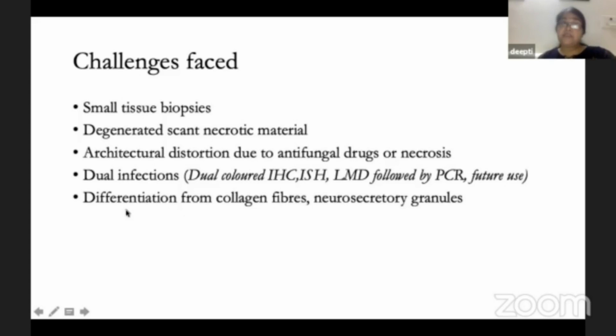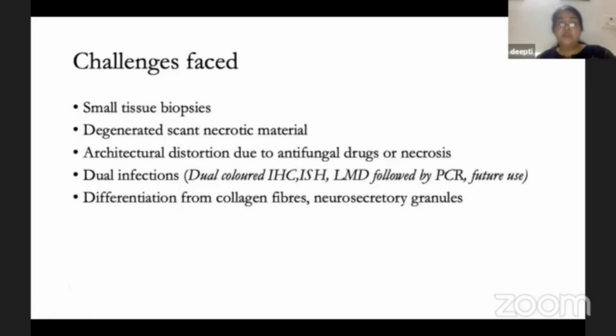In dual infection by, say, Aspergillus and Fusarium, either the organism is a colonizer or a contaminant, or the tissue has been sampled from two different areas, and one sample has been sent to microbiology and the other to pathology. Another possible reason is that the pathological sample has not been extensively studied.